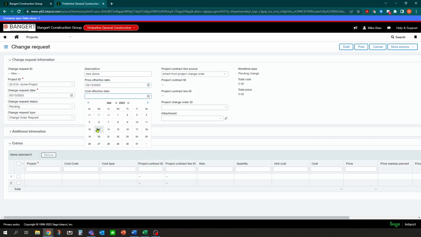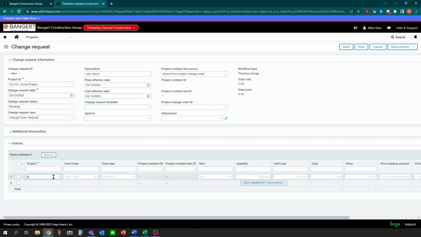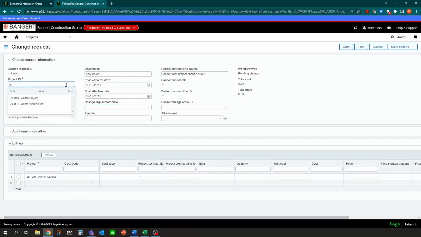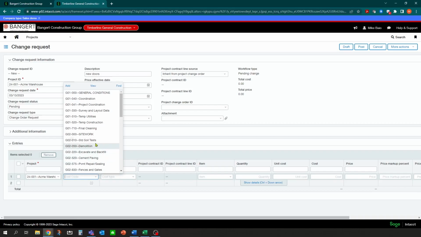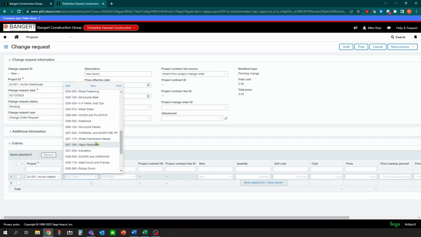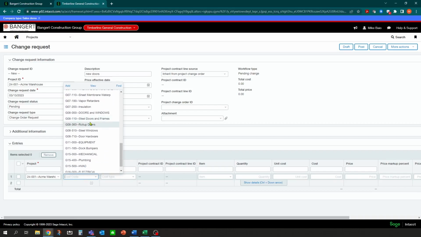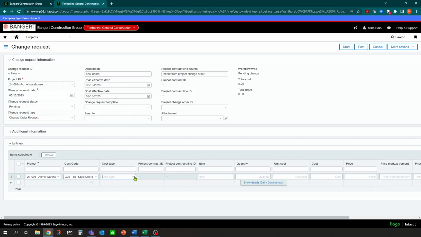And we'll just fill out another one here. We don't actually need the form. We're not going to send it out. Let's just come into here and say it's Acme. Oops, did I pick the right one? I did not. I guess I got two Acmes in here. So let's grab the right one and we'll say, let's see what we got here. We got some doors. Let's do some steel doors.